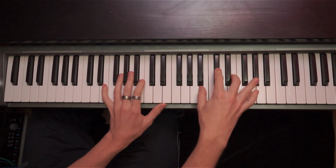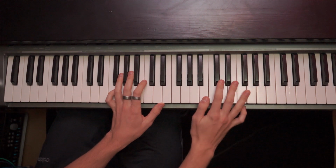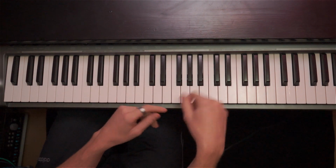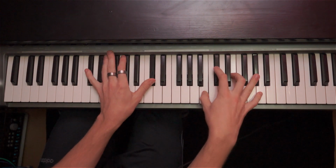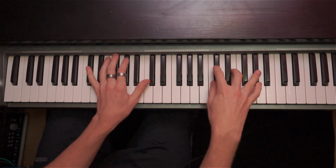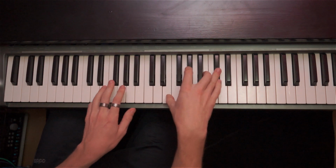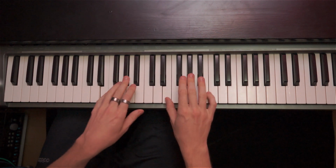Actually, I wouldn't even use the third on top, because the nature of sixth chords is that they're actually revoiced seventh chords. So if you look at what I'm playing now, that is a minor seventh from C sharp. So there's your minor and there's your seventh, which is not what we want if we're in the key of E. So an example of this in the key of E would be,